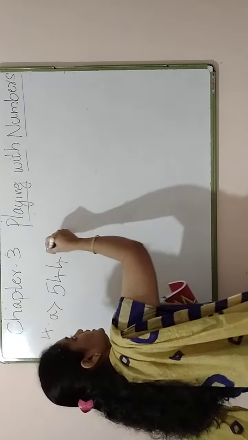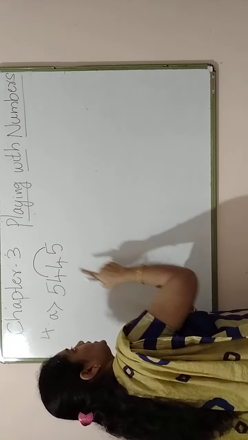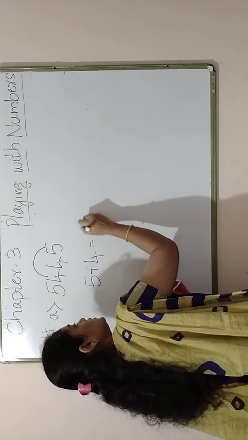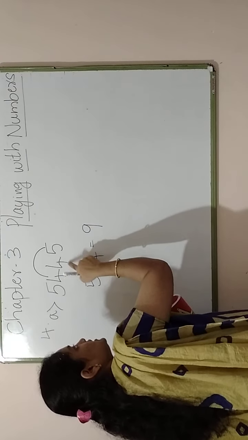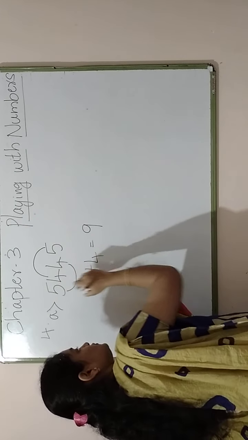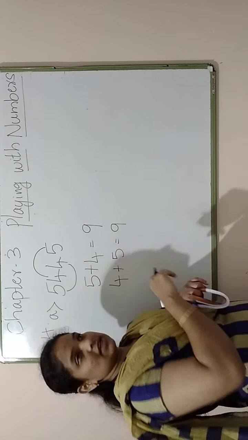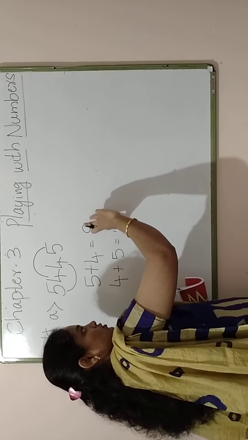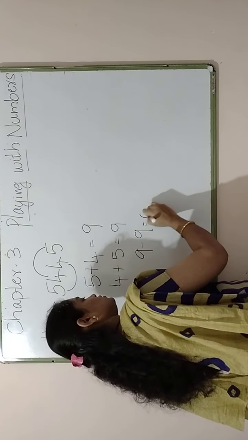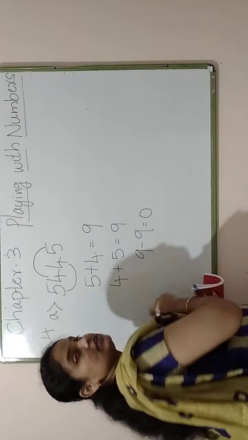Okay, now let us check the digits at the odd places, that is 1 and 3. Sum of this is 5 plus 4, which is equal to 9. Okay, so the sum of the digits at the even places, that is the second place and the fourth place, is 4 plus 5, that is also 9. Now subtract these two. That is 9 minus 9 is equal to 0. So this number is divisible by 11.